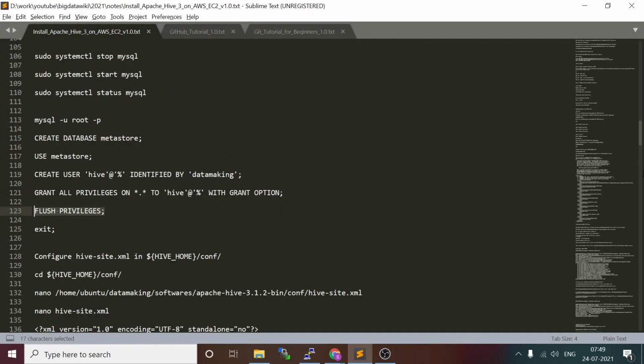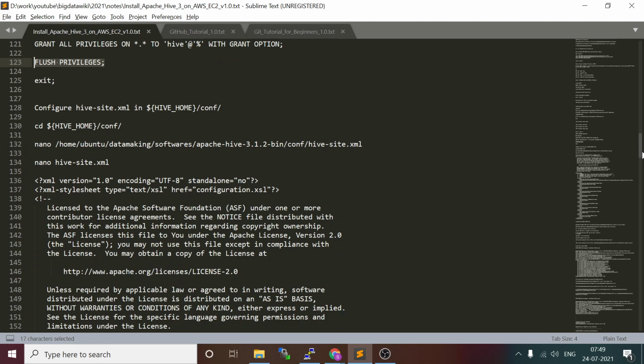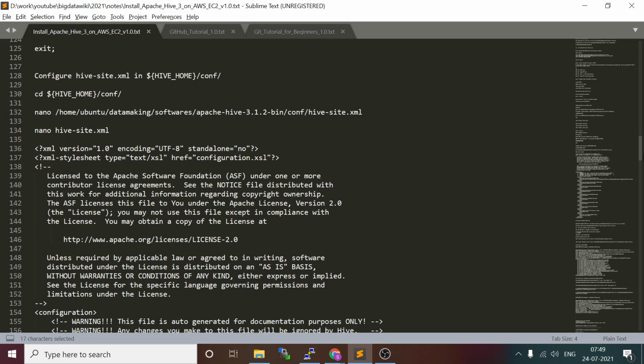Now there are a few more steps we need to complete. In Hive, the component configurations are maintained in a file called hive-site.xml. You can find this file under the Hive installation folder.